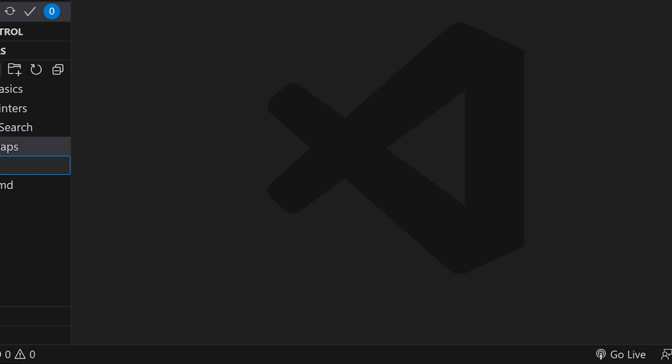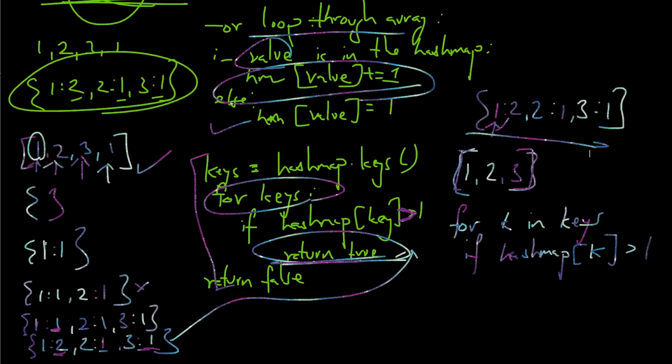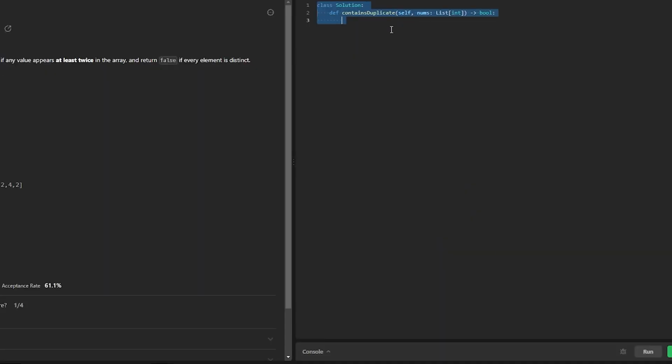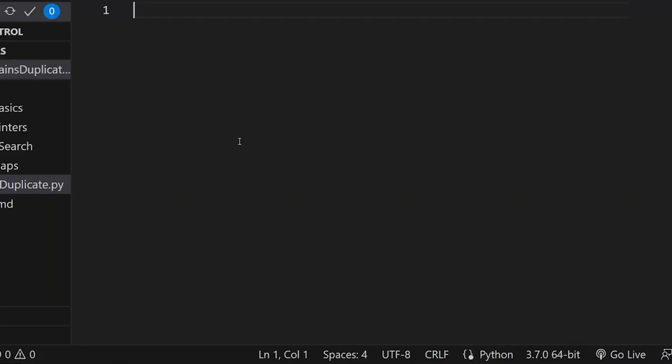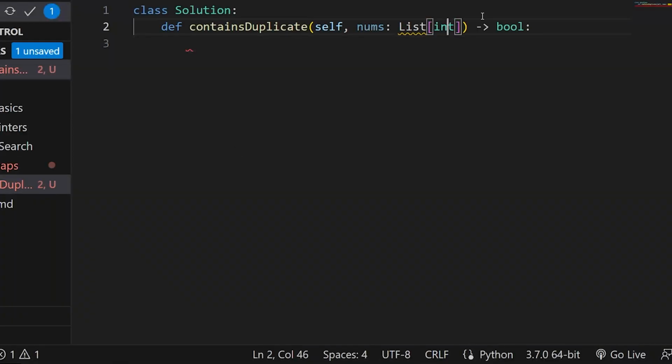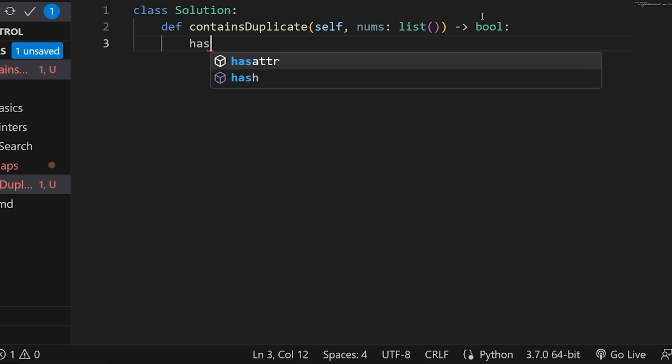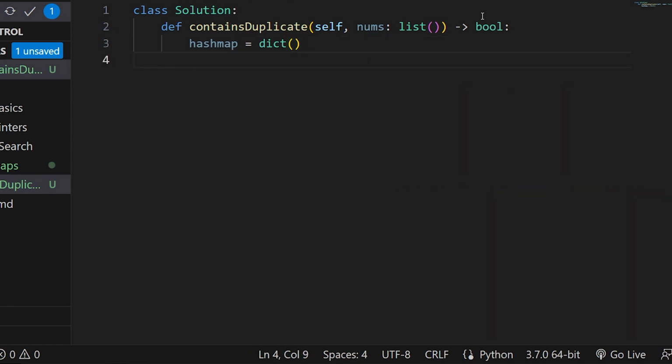So in the hash maps folder, I'll make contains duplicate .py and let us copy it from Leetcode. So this takes a list and returns a boolean. Now let us start by declaring a hash map, so we will say dict, an empty hash map.